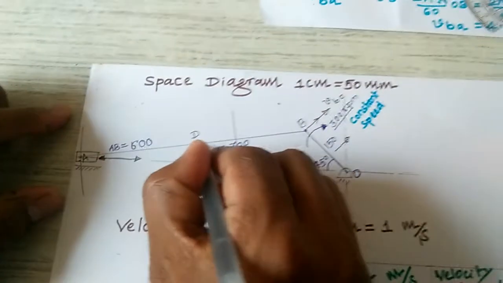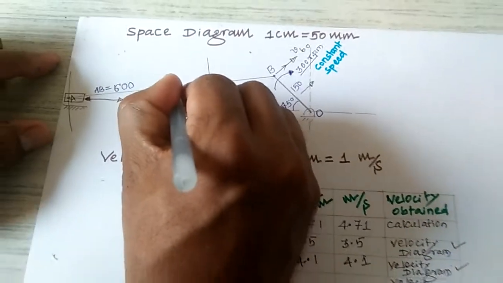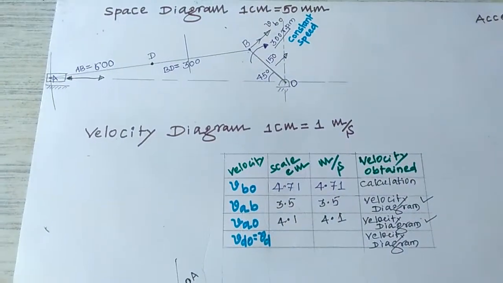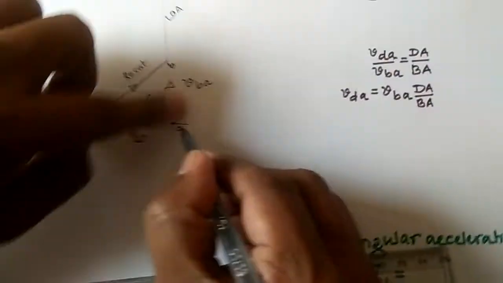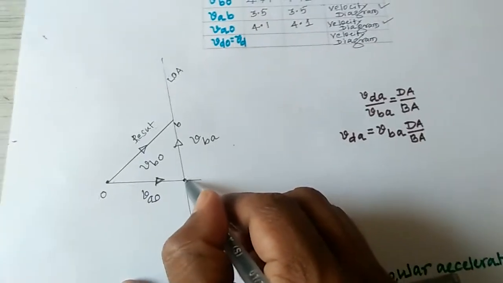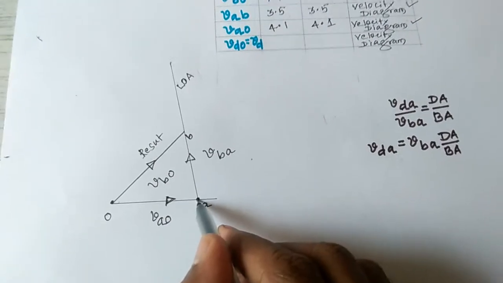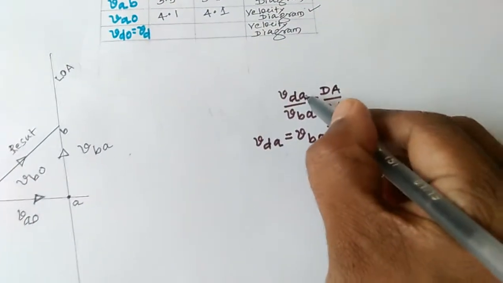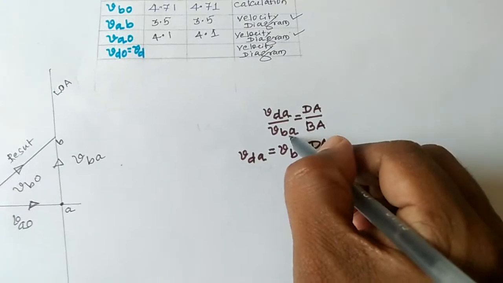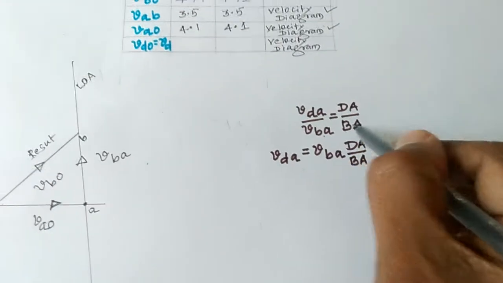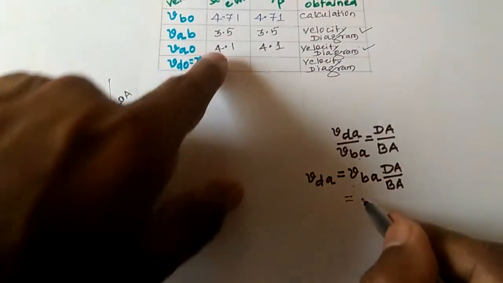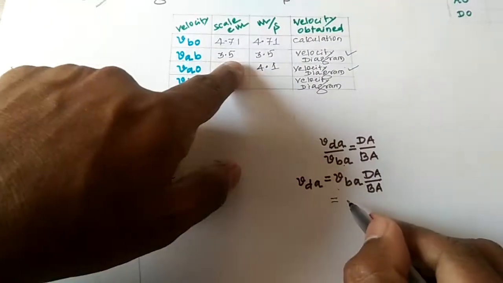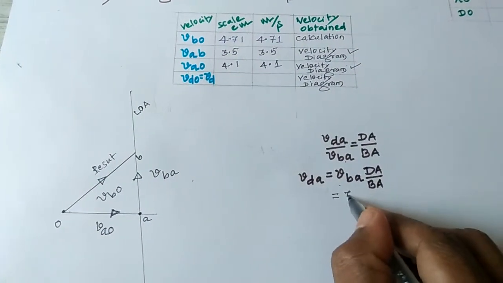Then you have to find the position of the point D. You have to determine this position. For this, you have to go for the ratio method. I have already written here the velocity of D with respect to A, because look at this figure, I will position D with respect to this point. The velocity of BA is already got from the graph. What is the velocity of BA? AB and BA are both the same. It comes as 3.5.